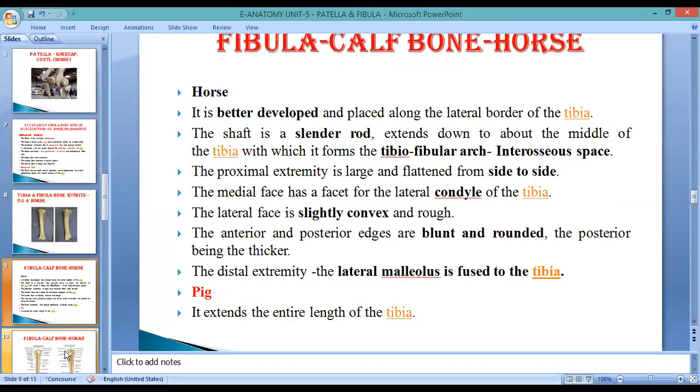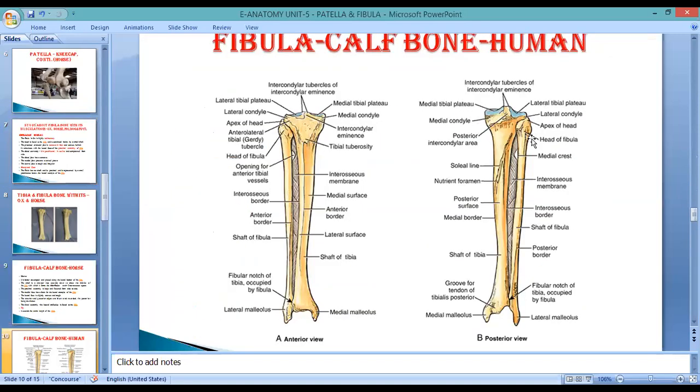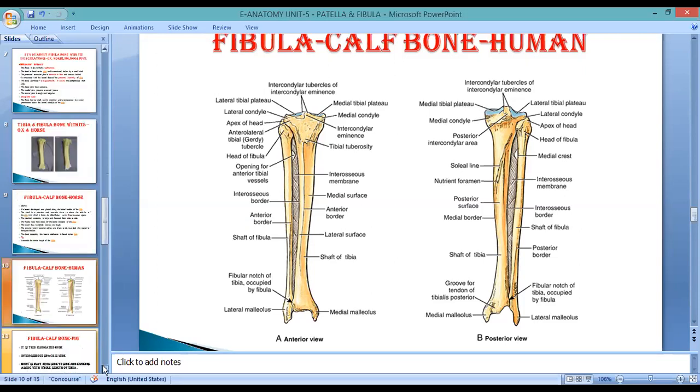You see this is the tibia and fibula of human being. Before discussing the other animals, we must have an idea about our own bone. This is the tibia facing anteriorly and somewhat laterally. This is the fibula. In the human being, this extends from proximal end to the distal end of the tibia. Laterally and medially it becomes rounded and forms structures known as medial malleolus and lateral malleolus. So this is the position of tibia in human being.